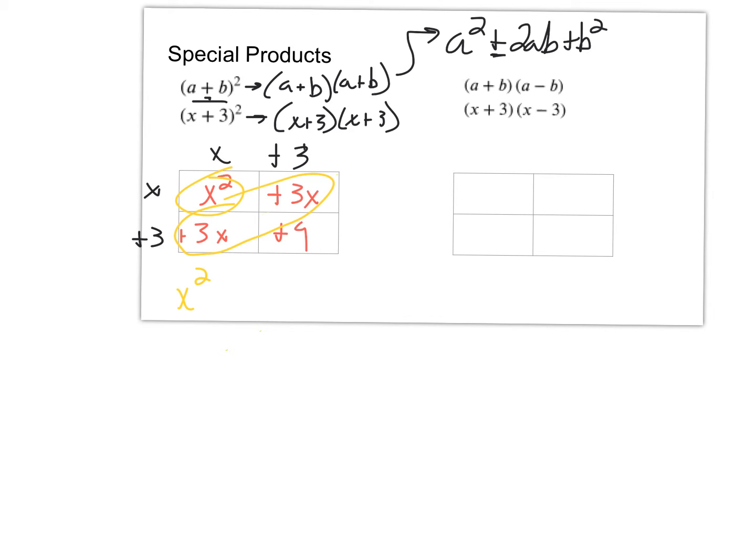3x plus 3x is 6x. And 3 plus 3 is 9. Now some of you are probably going, well, gee, why did we derive that formula from the original problem earlier? Here's, again, just a basic explanation. We take our example again, x plus 3 being squared. If we accept that the x is my a value, and we accept that the positive 3 is my b value, and if I fill those into my formulas,